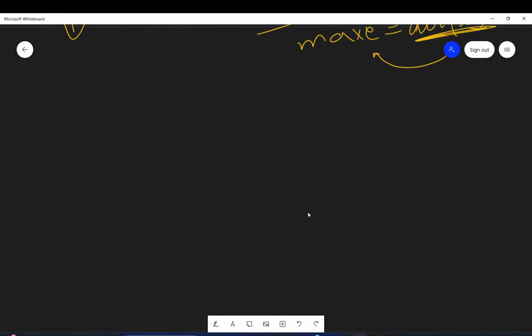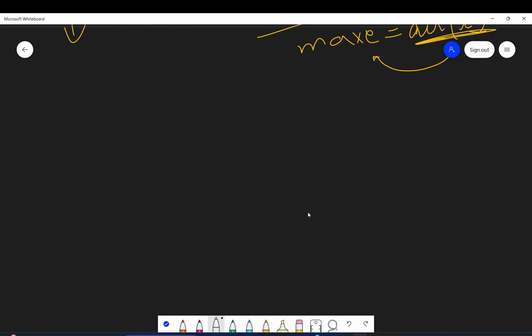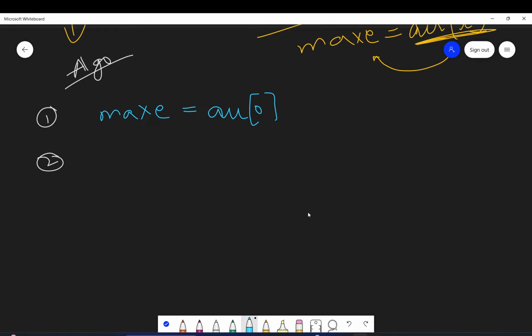Let's quickly understand what we have done. So first step, I'm just writing the algorithm. First of all, we have taken a variable maximum element and initialized it with ARR of 0. After that, we take a variable I, initialized with 0. Then we iterate on the array.